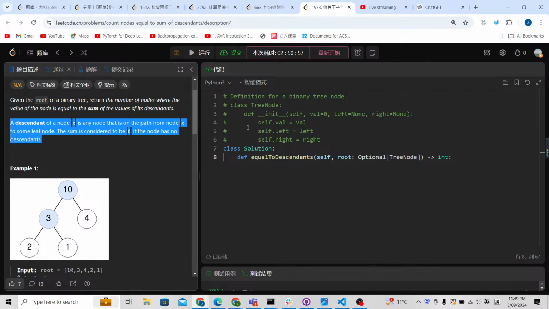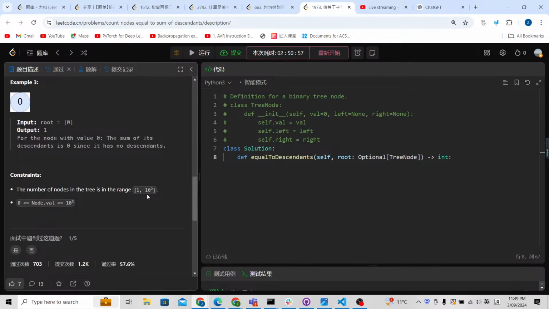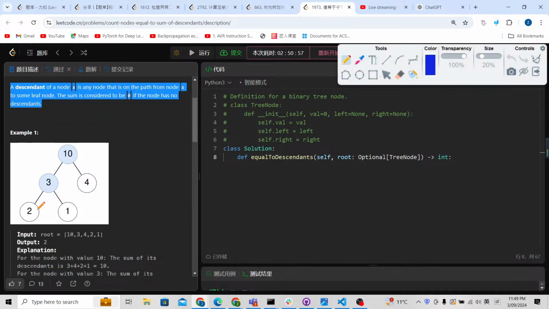We can solve it by the post-order traversal. Let's check the number of nodes. It's going to be 10 to the power 5. It means we cannot solve it by using brute force. So the post-order traversal is that